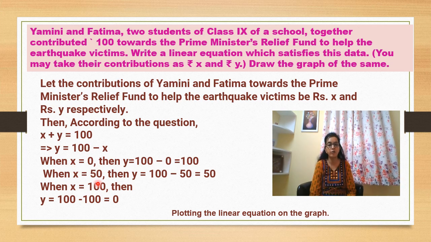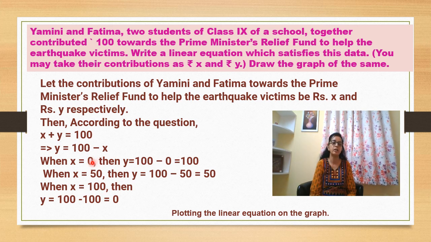I've always told you that it will be easier for you to take x is equal to 0 once and y is equal to 0 another time. It will be very helpful to you. It will consume less time, and the sum sometimes becomes very easy. Sometimes it does not work also. In one of the sums previously we saw that when we put y is equal to 0, we are getting a fraction also. So it can happen at times, but most of the times the sum becomes easy.